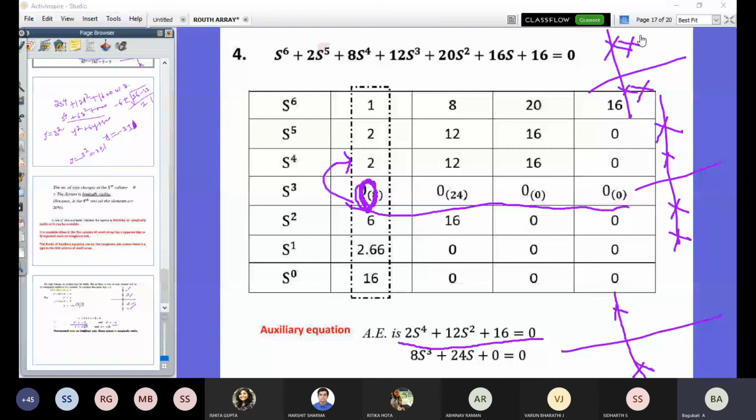Okay. So you can try to practice some more problems. Next class onwards we will do the root array. As of now, we have identified where the roots are located, and according to the location of the roots, we have determined the system stability. Further improvisation we will discuss in the next class. If you have any doubt up to that point, you can ask, otherwise we'll complete.